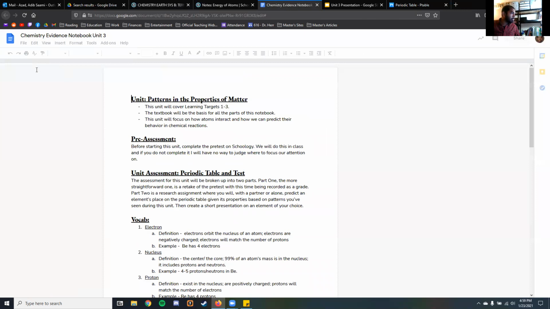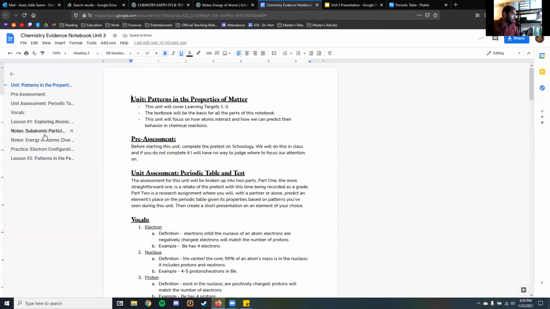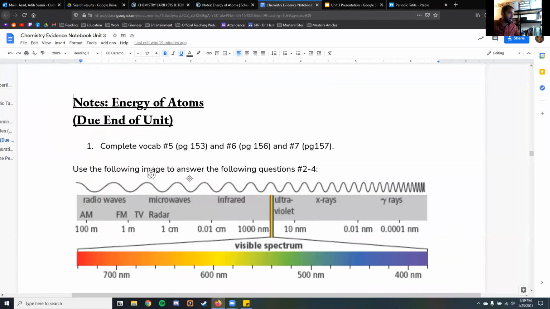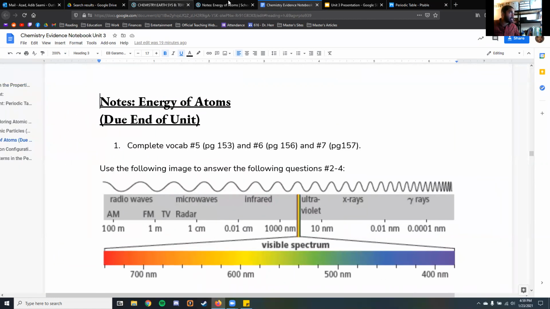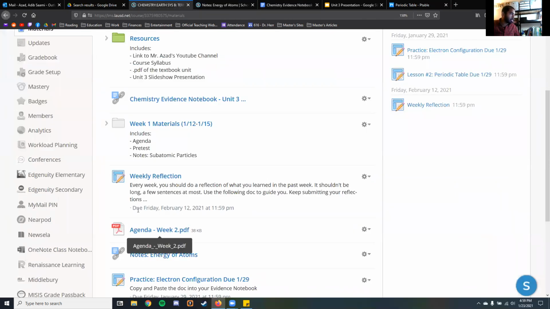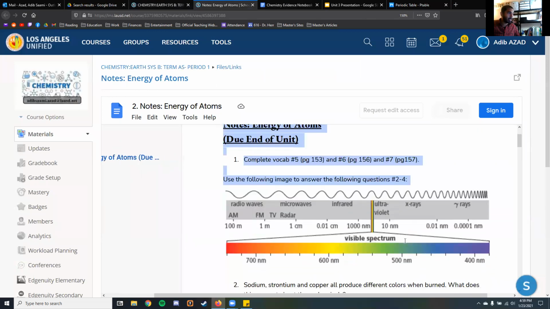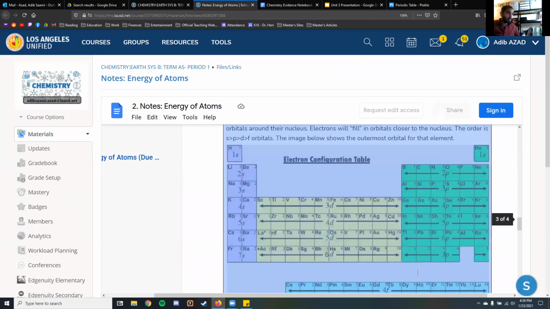And so let's get to talking about the evidence notebook. Last week we finished lesson 1. We finished the notes on subatomic particles, and we are now on the notes on the energy of the atom. And so we should see this image. If you don't have that, click on notes on energy of atoms, highlight the entire document, 4 pages,